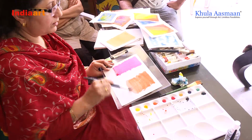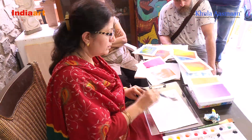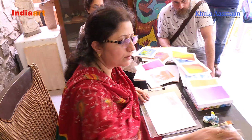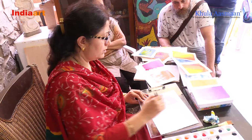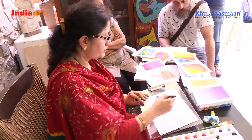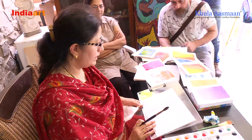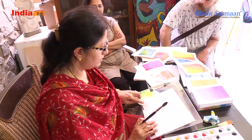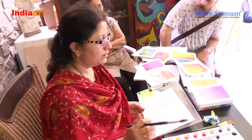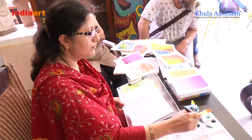Color automatically mixes because of water. For a graded wash also you can put water, clean water it should be. Clean your brush, take clean water. If water is too much, wipe it out or hold it slanting, water will come down and wipe the area. Now this is